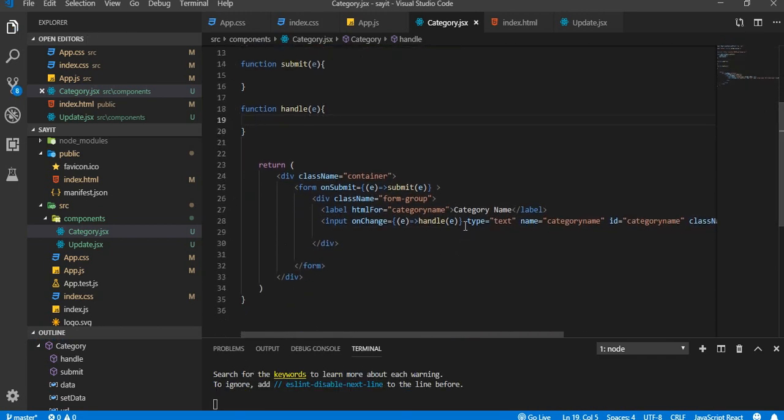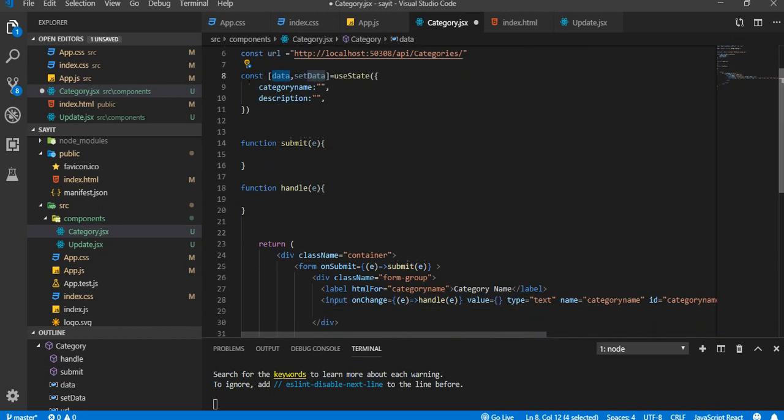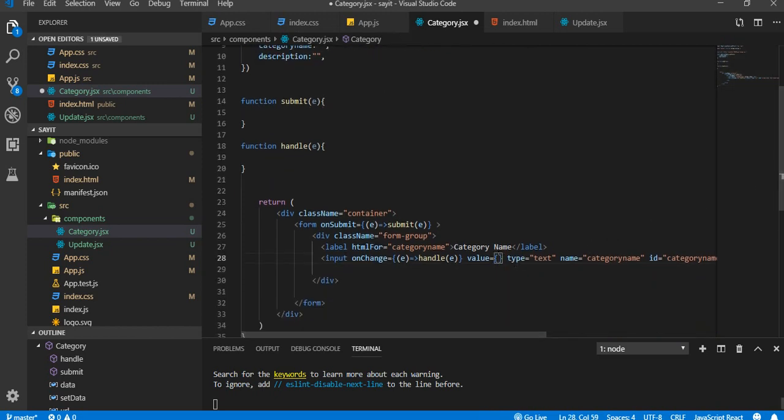and I'm gonna pass the E here, event here, and make it a function. So after that we need to take the value. So value equal to, so the value will be available, so we need to store that in here, right? To access that, it is within this data. So data.categoryName, so we're gonna access that here using data.categoryName here. Okay,